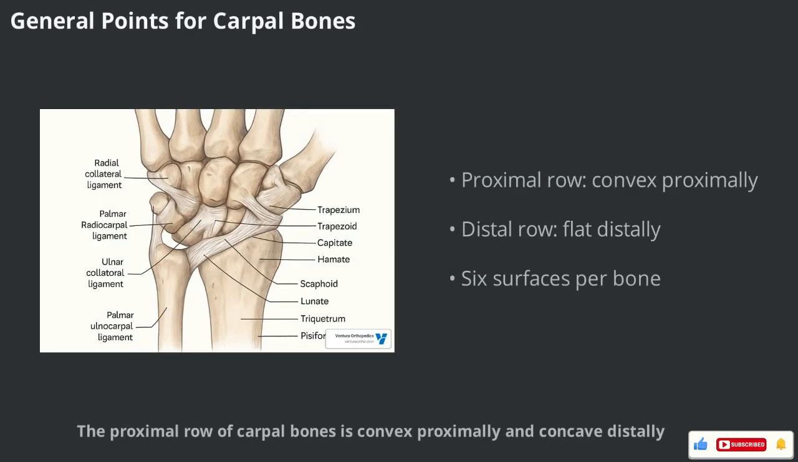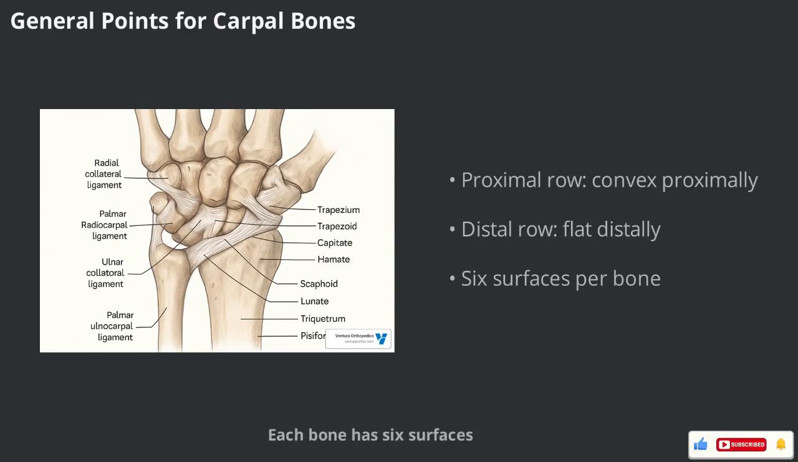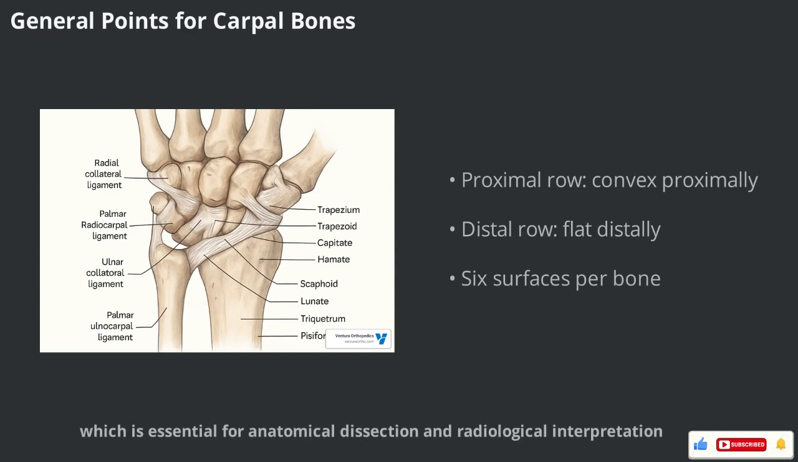The proximal row of carpal bones is convex proximally and concave distally, while the distal row is convex proximally and flat distally. Each bone has 6 surfaces, with the palmar and dorsal surfaces generally non-articular. The dorsal surface is usually larger except in the lunate. These general points help in identifying the orientation of each carpal bone, which is essential for anatomical dissection and